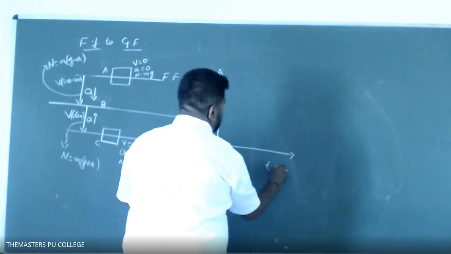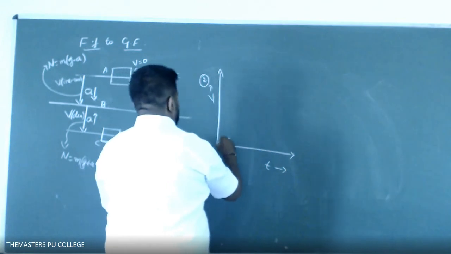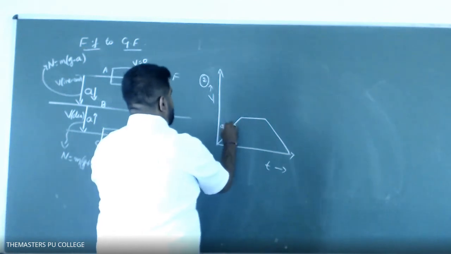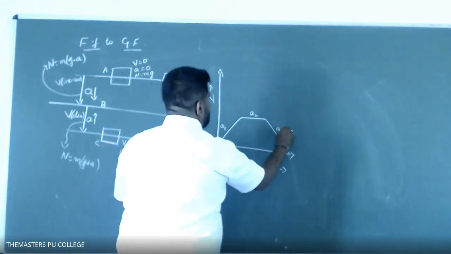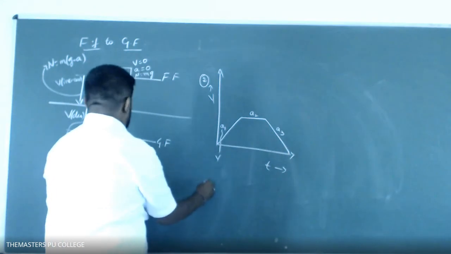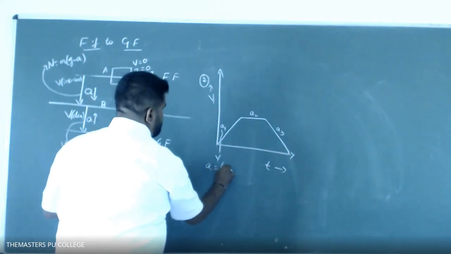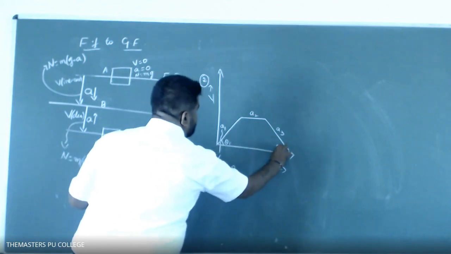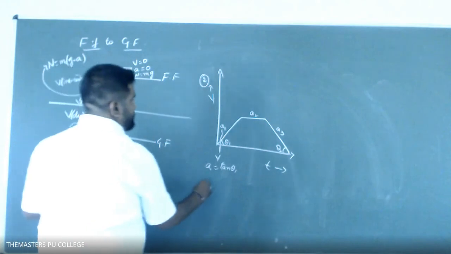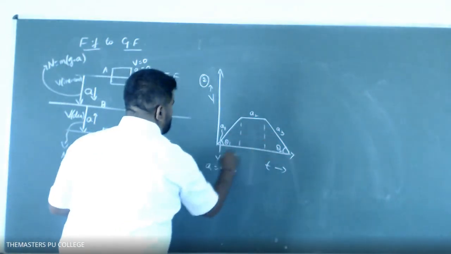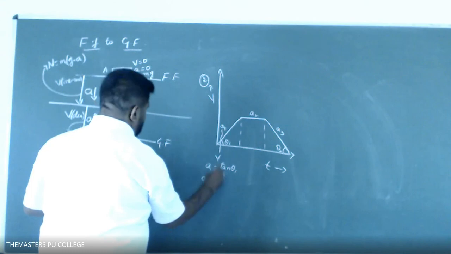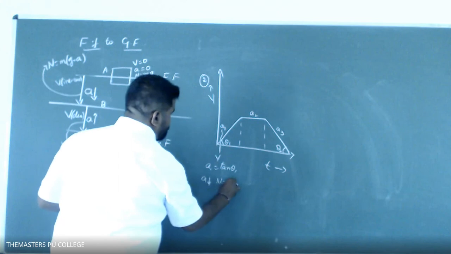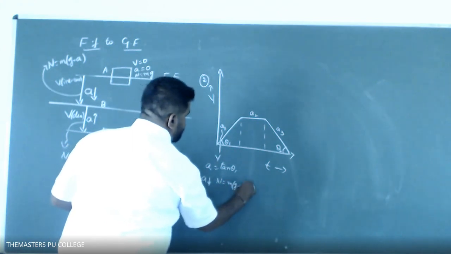Velocity-time graph. Same possibility like this: here A1, A2, A3. To find A1 we use tan theta 1, to find A2, and to find A3 we use tan theta 3. What happens in this region? Acceleration is downward. If acceleration is downward, then N is equal to m of g minus a.